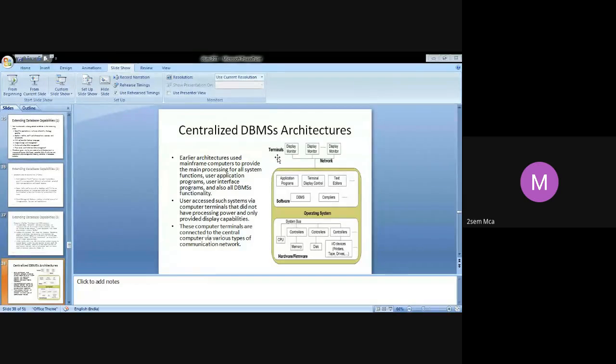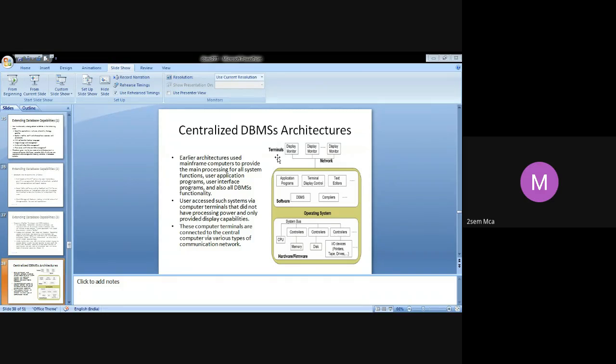When I say terminal, it is only a monitor to display. That's all. Terminals are also called dumb systems or dumb terminals. Dumb terminals means you don't have any memory or processing power in that computer. You can only access, do your computation, and put it back onto the server, the main system. So that is how they all began with this DBMS.